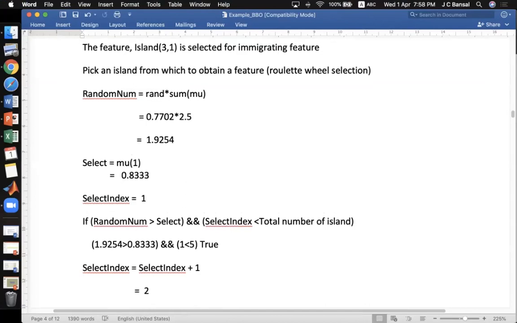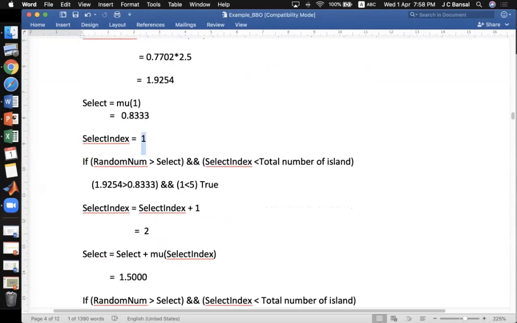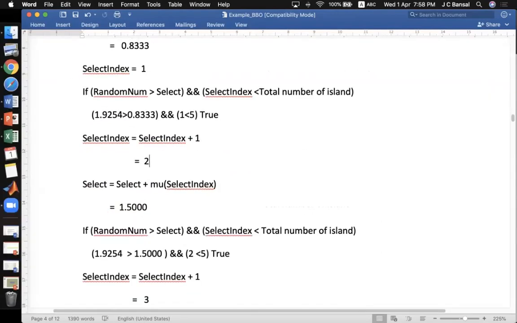Now we'll do the calculation of the random number again. This is a random number between 0 and 1, 0.7002, multiplied by 2.5, gives 1.9254, and then we'll calculate again the select, which is your mu1, right? Select index will start from the first. Now we'll check this condition, and we'll find that it is true. Then we'll increase the counter select index, which is now 2, and we'll calculate the new value of select, which is select plus mu of select index, mu of 2.